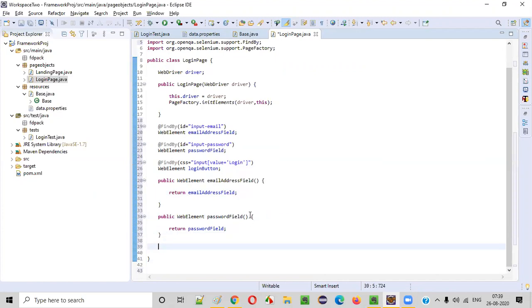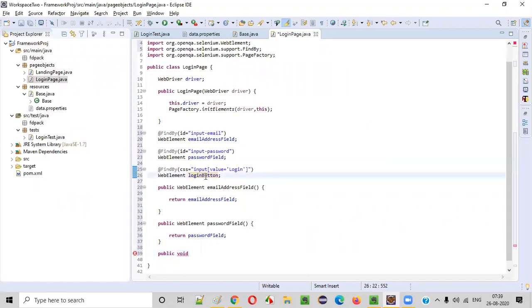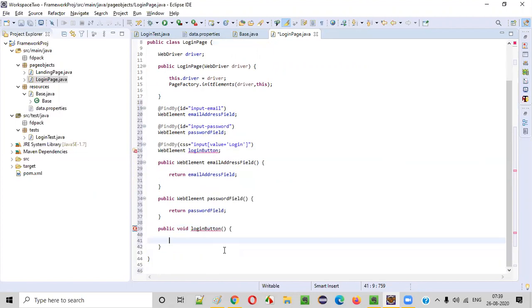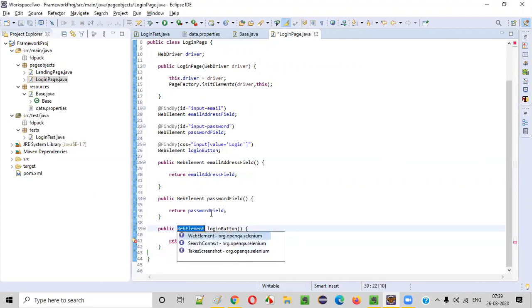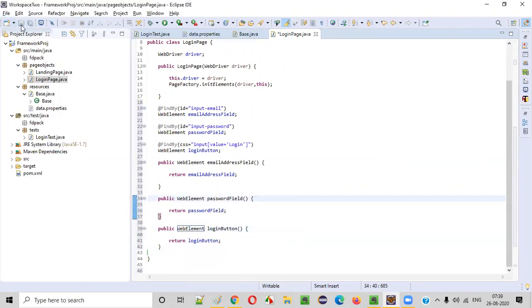Next one, public void loginButton, return loginButton, and change the return type to WebElement. Fine. Save this.